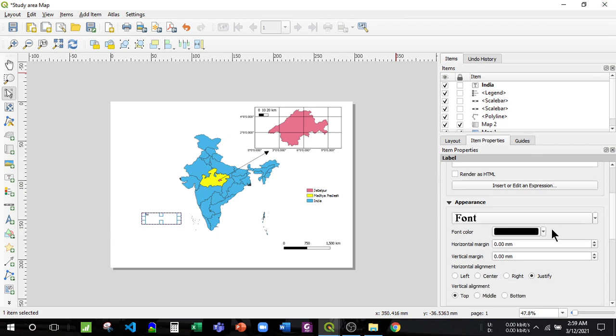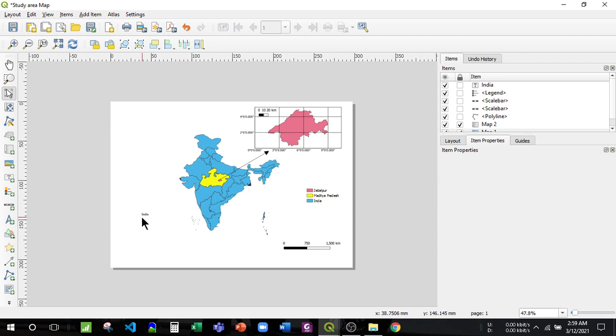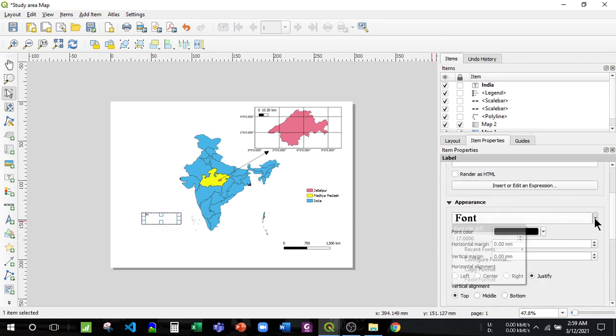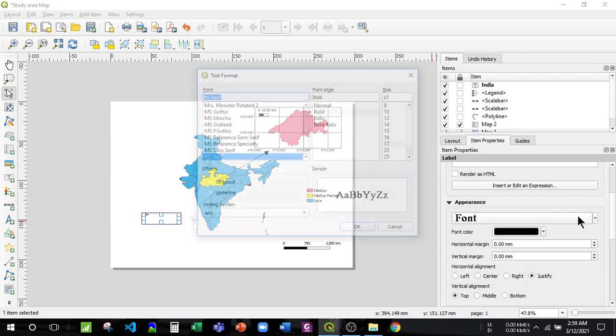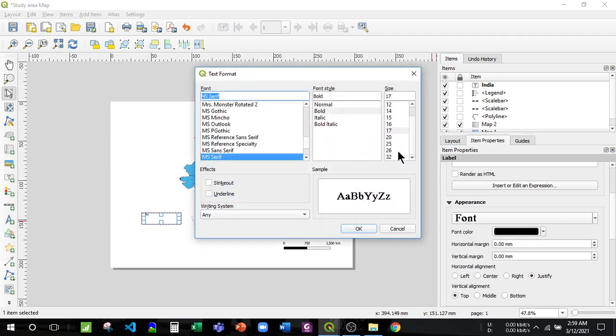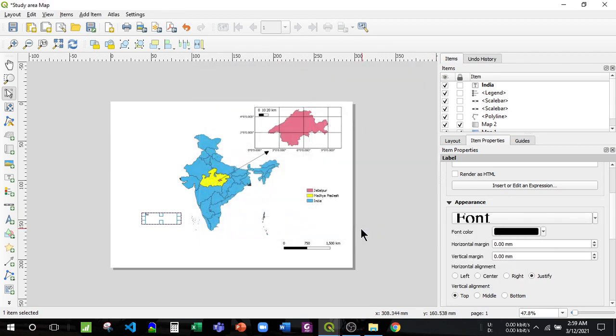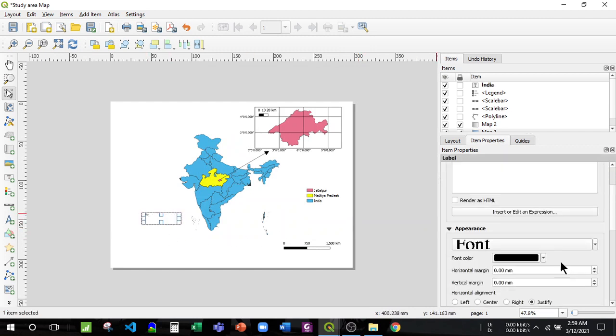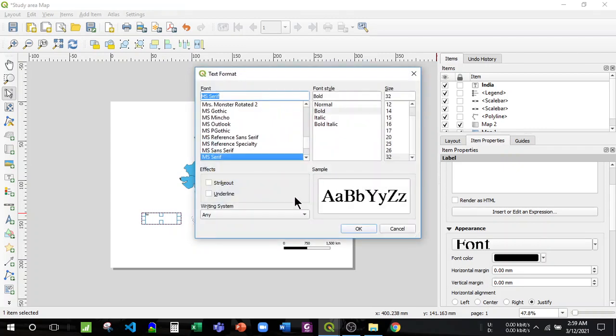and I think it is a bit small, so I will increase the font size, clicking over here and then making it 32.